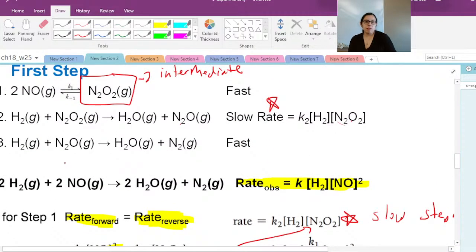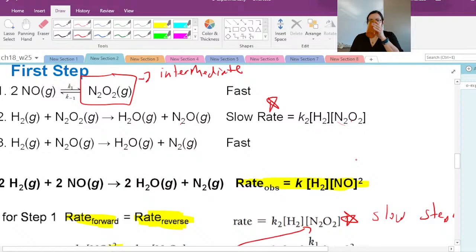Because maybe the other problem is that you're not going to be determining all these steps on your own. You're going to be given the proposed mechanism, and then you verify it, or you verify what's the rate determining step. Because otherwise, you wouldn't really know that this is an intermediate, and you'd have to make more guesses based off of that. But that's beyond this course. We're just saying, given these steps, can you break it down and show us that this rate law matches, essentially. Does it have anything to do with the slow rate?